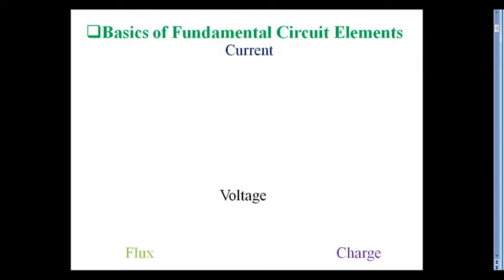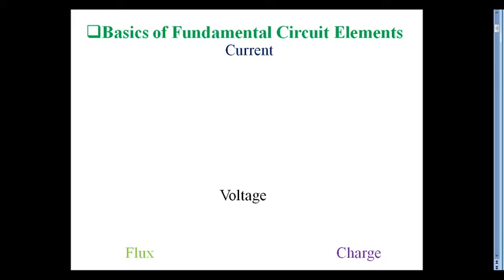The first thing is the very fundamental circuit elements. We know resistor, capacitor and inductor. And the fourth constitutive variable that fulfills the criteria of any fundamental circuit element are current, voltage,